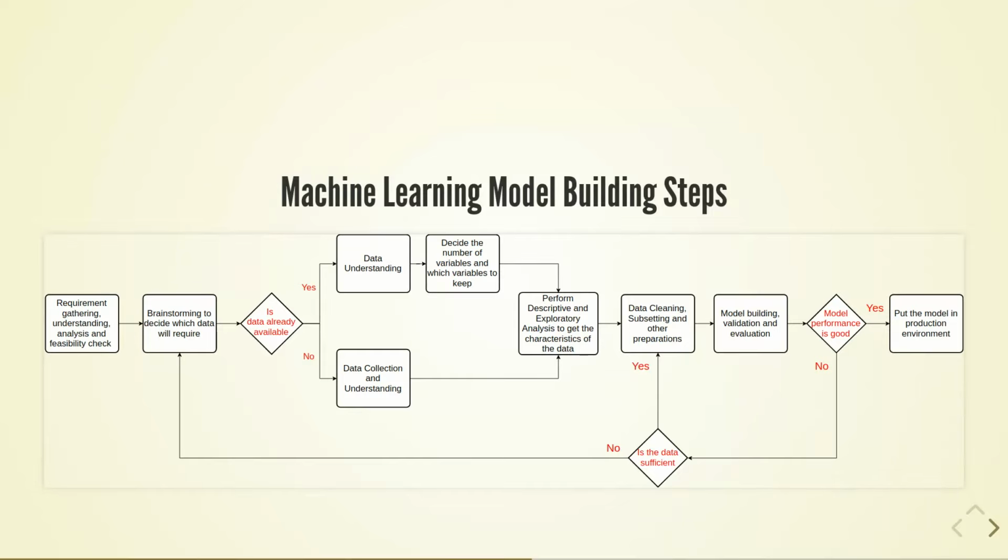Fourth step is to perform descriptive and exploratory analysis to get the characteristics of the data and to find patterns in the data. This step allows us to know individual variables' probability distribution, and about missing values, outliers, and redundancy in the variable. In this step, we can use techniques like mean, mode, median to know the central tendency of a variable, and variance, standard deviation, covariance, interquartile range, percentile, etc. to find the spread of measurement.